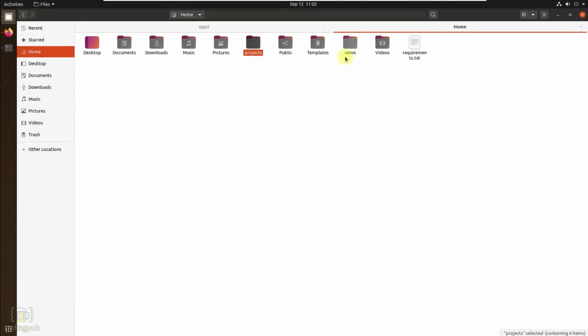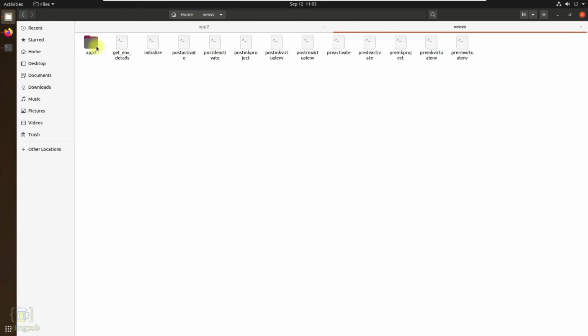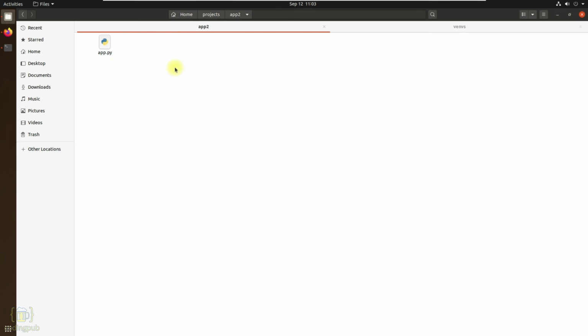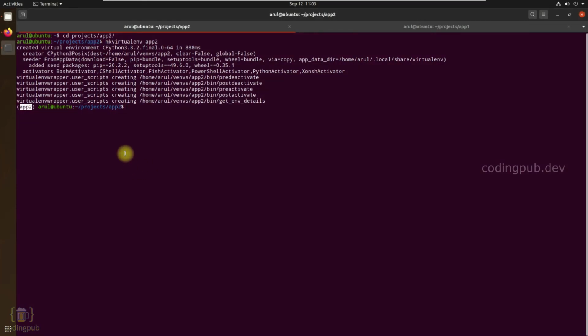As you can see, there is a new directory named venvs. This is the directory I have used as WORKON_HOME. If I open that one here, this is where the virtual environment will be created. So unlike virtualenv, the virtual environments will be created in this specified location and you don't have to worry about messing up your project directory. So it will be much simpler for you to create virtual environments.